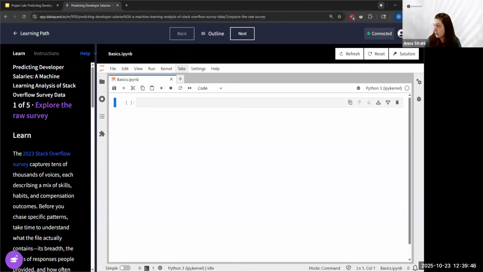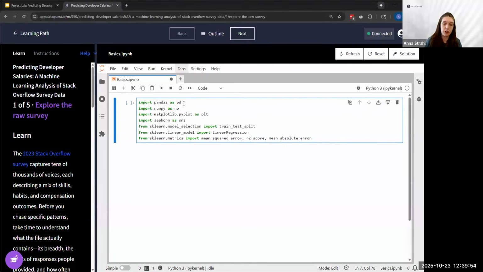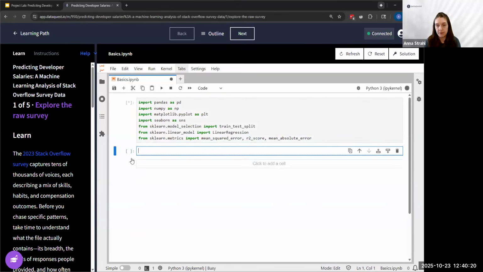Okay, so the very first thing that we're going to do is load our libraries here. I'm copying and pasting from my solution notebook so I can save some typing time. We have pandas, numpy, matplotlib, and seaborn as our data analysis and data visualization libraries. Then we have scikit-learn library imports for our train and test split, our linear regression model, and a couple of metrics that we'll use to evaluate how our model's performing. Let's go ahead and press shift enter on my keyboard to make sure that runs. Okay, and it has run successfully.